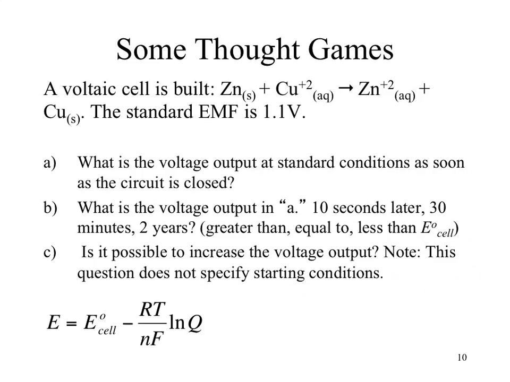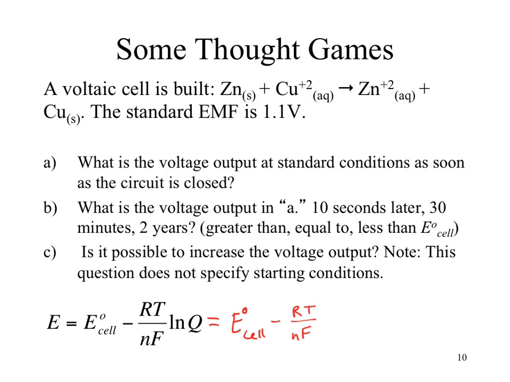What does it mean if we're at standard conditions? Don't tell me all at once. I might get confused. We know the concentrations of our reactants and our products are all equal to 1. All metal or all solids and liquids are pure, so they don't appear in our equation. And we can go through and say our cell potential equals RT